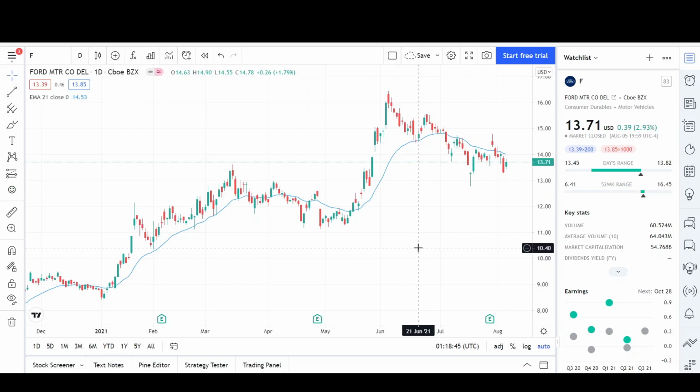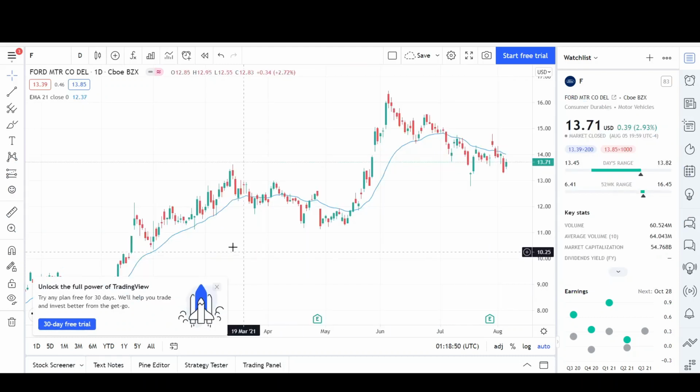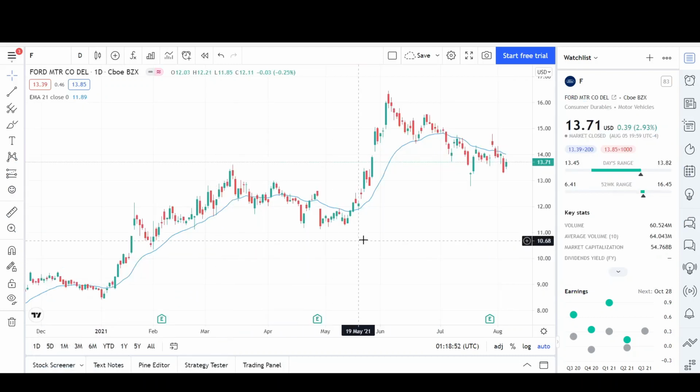This is Vee Trades, and today I'll be doing a technical analysis breakdown for Ford. The last time I looked at this company was back on July 19th, so I have a few weeks of